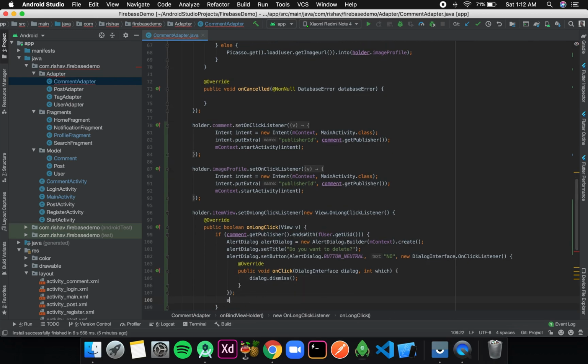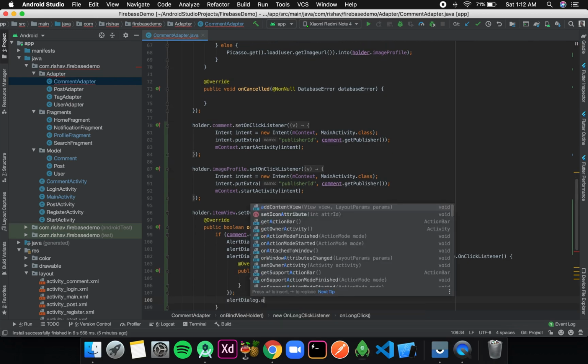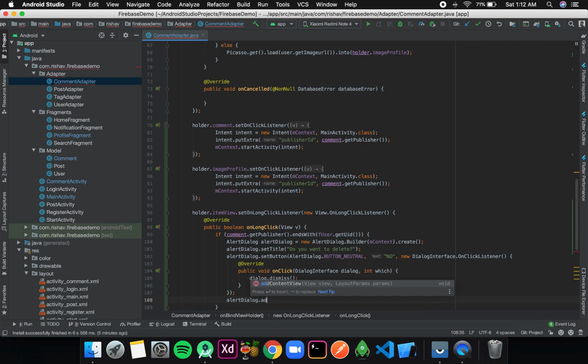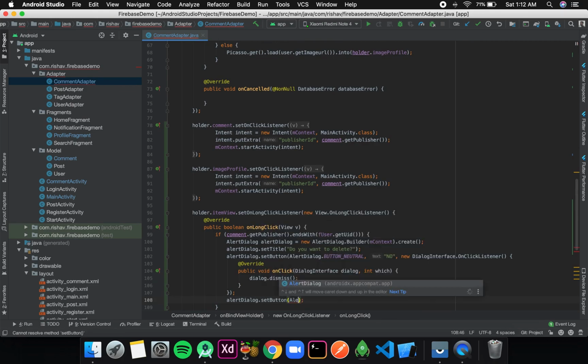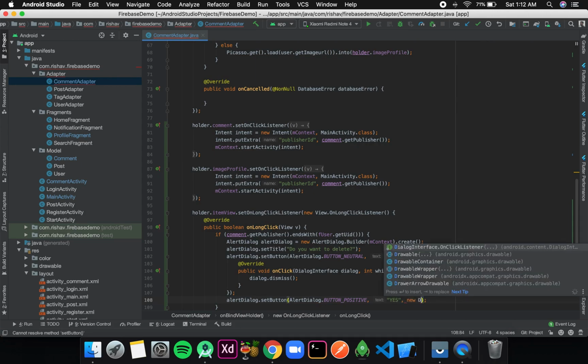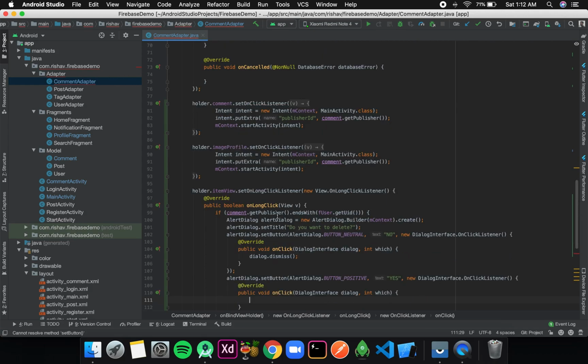Then alert dialog dot set button, and the button will be positive, alert dialog dot positive, and the text says yes. If that is the condition, then dialog interface dot on click listener.